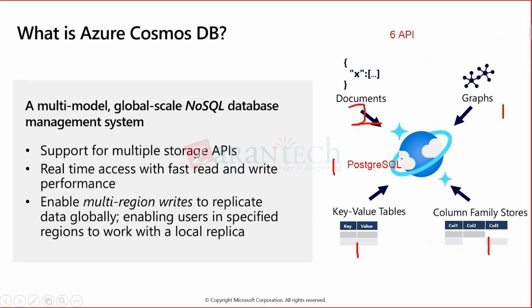Cosmos DB also takes care of your indexing and partitioning. It uses indexes and partitioning to provide fast read and write performance that can scale to massive volumes of data. You can enable multi-region write, and add Azure regions of your choice to your Cosmos DB